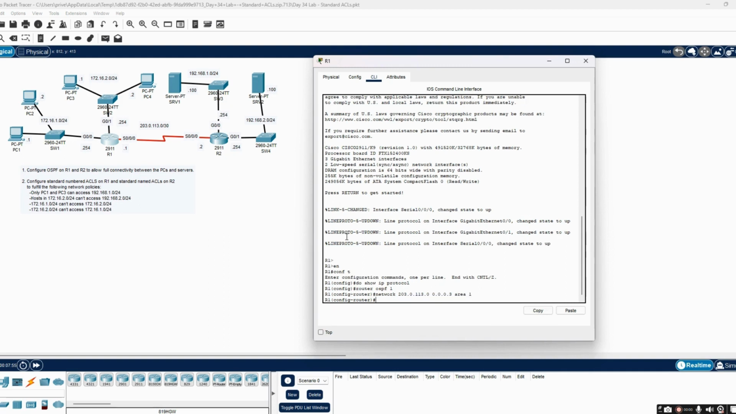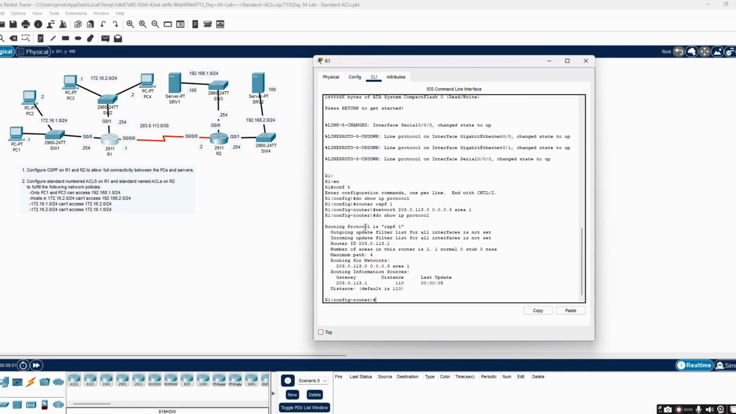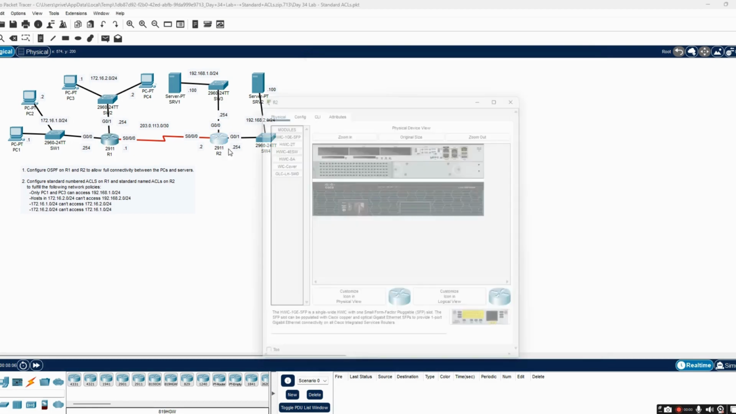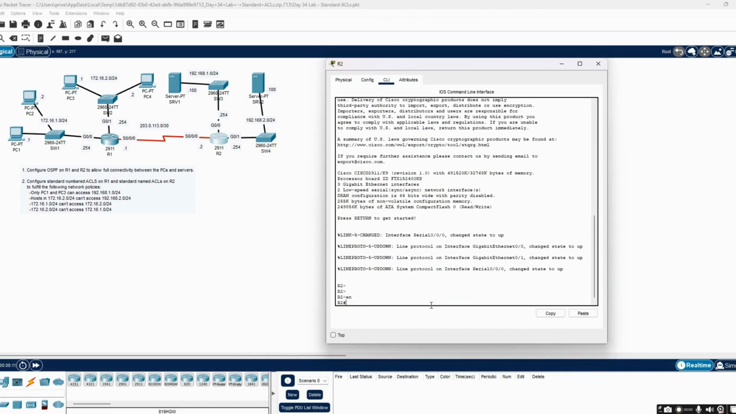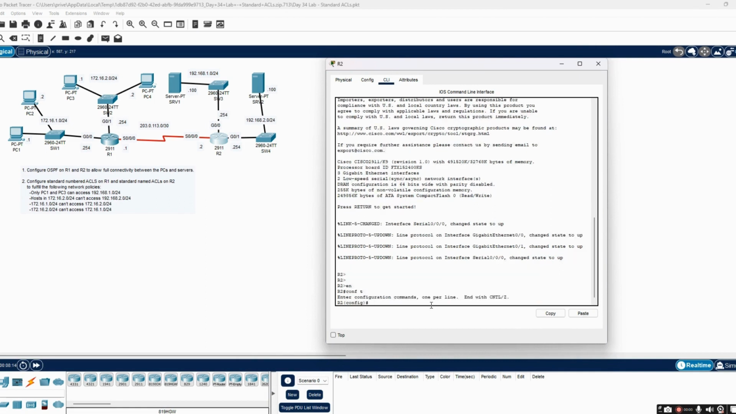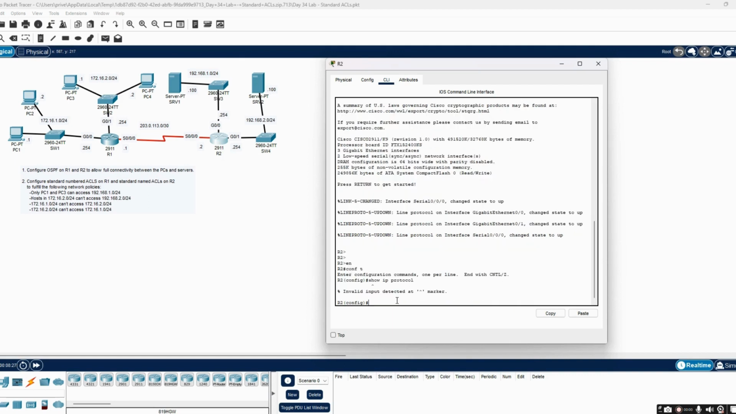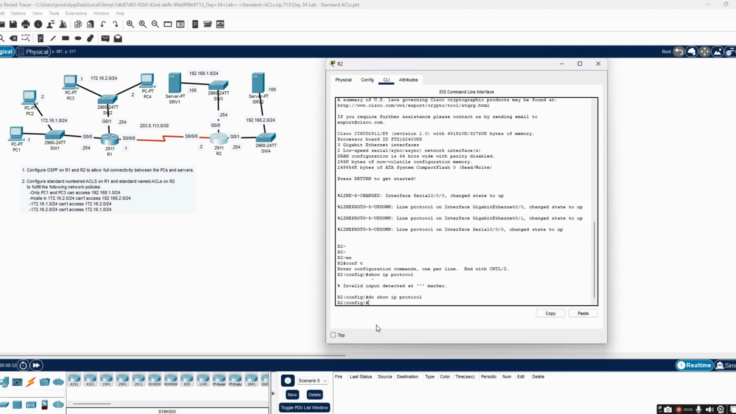Now we can do show ip protocol, and we can see that OSPF 1 is running on router 1. So let's do the same thing for router 2. Enable, configure terminal, and again we're going to check to make sure there are no protocols already in place on router 2. So do show ip protocol. I'm already in config mode. Okay, so there are no